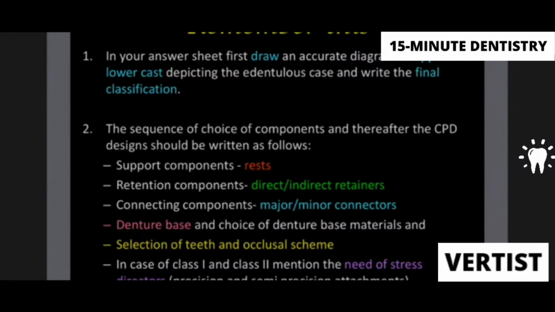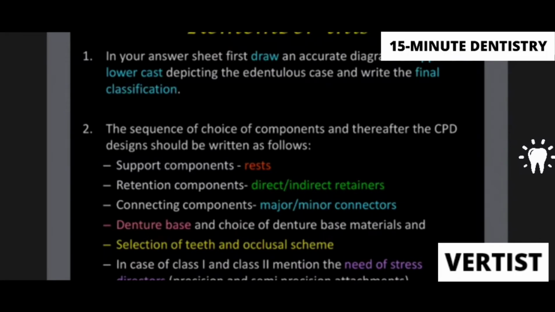In your answer sheet, you have to draw an accurate diagram of the upper and the lower arch or the cast, depicting your edentulous case and writing your final classification. The sequence of the choice of components and thereafter the CPD designs has to be followed: first are the rests, which are in red, then your retention components, that is direct and indirect retainers, your connecting components, that's your